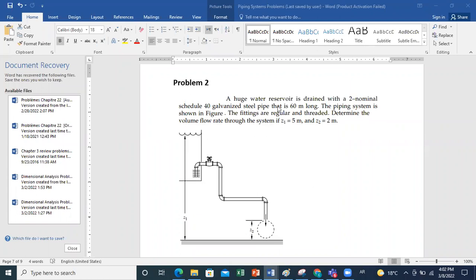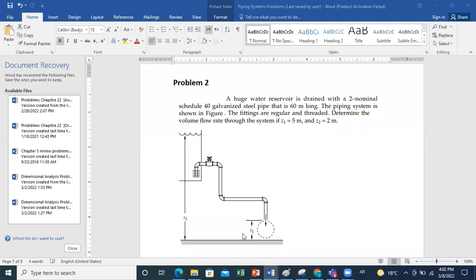A huge water reservoir is drained with a 2 nominal schedule 40 galvanized steel pipe that is 60-meter long. Here they are giving us the total length of the pipe. The piping system is shown in the figure. The fittings are regular and threaded. Determine the volume flow rate through the system if Z1 is given to be 5 meters and Z2 equals